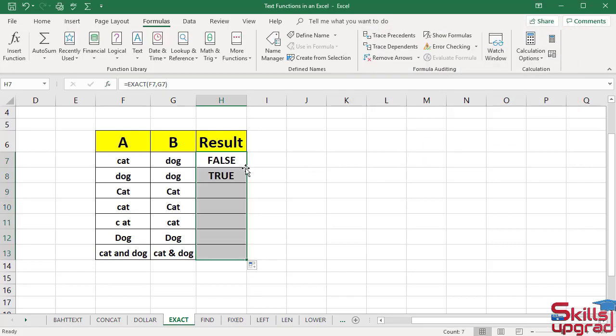Double click. Activate this cell. The EXACT function returns true in this cell because the two text strings are exactly the same. Activate this cell. The function returns false in this cell because in cell reference G10 the letter C is uppercase and in